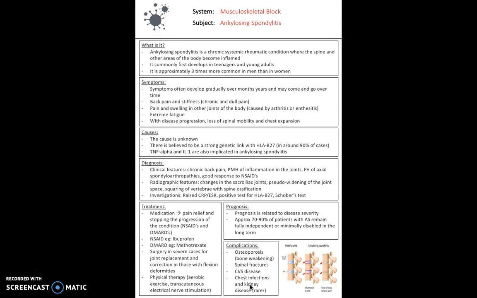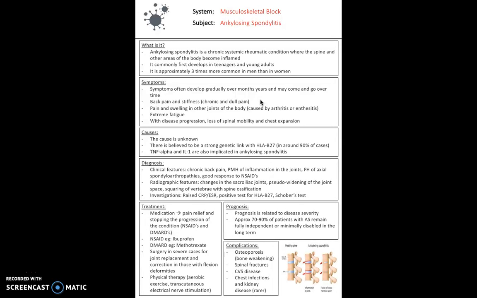So ankylosing spondylitis is a form of axial spondyloarthropathy, and it's a chronic systemic rheumatic condition where the spine and other areas of the body become inflamed. It commonly first develops in teenagers and young adults, and it's approximately 3 times more common in men than it is in women. The symptoms are often slowly developing and come and go over time. It tends to occur with back pain and stiffness, and this is usually described as a chronic and dull pain. There's also said to be pain and swelling in other joints of the body caused by arthritis or enthesitis, and extreme fatigue as well. There tends to be, with disease progression, loss of spinal mobility, loss of range of movement,